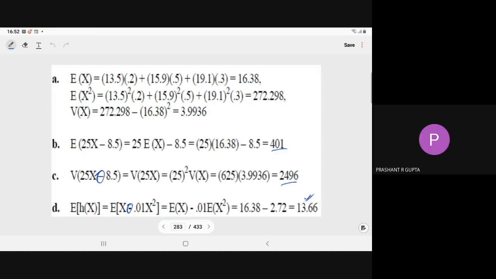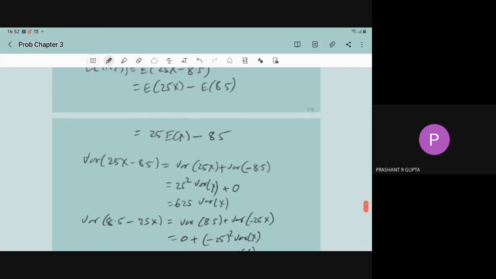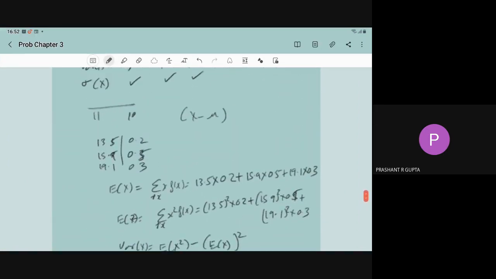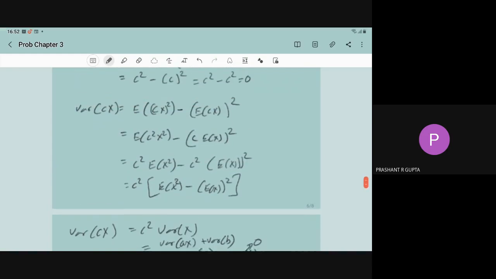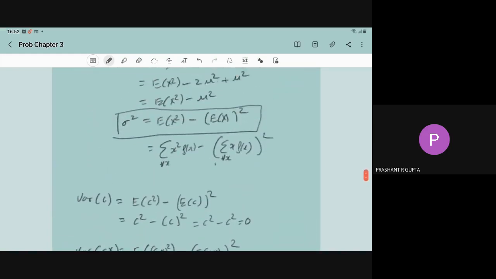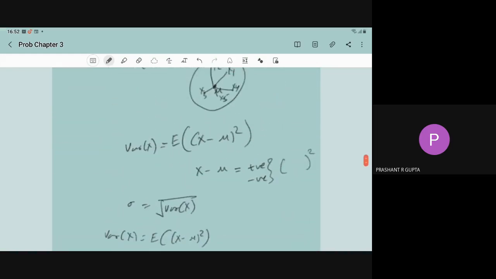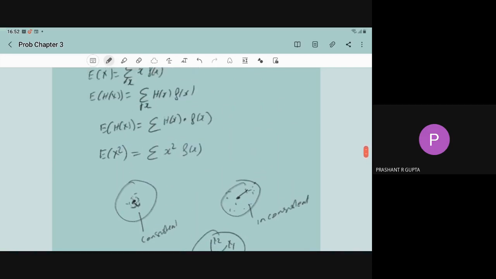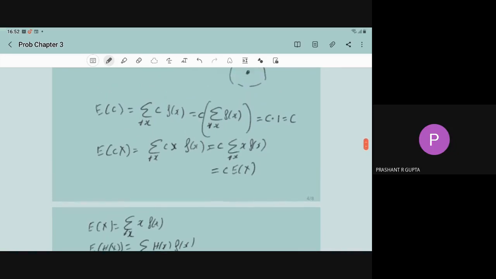Sir, can you please explain mathematically why you wrote E of C is equal to 1 in the notes? E of C is equal to C. Where you were writing the... Just you see where I'm scrolling, just you tell me where you are. Nowhere I have written E of C is equal to 1. Sir, where you wrote the expectation of all events, E of C. Yes, E of C is equal to C.